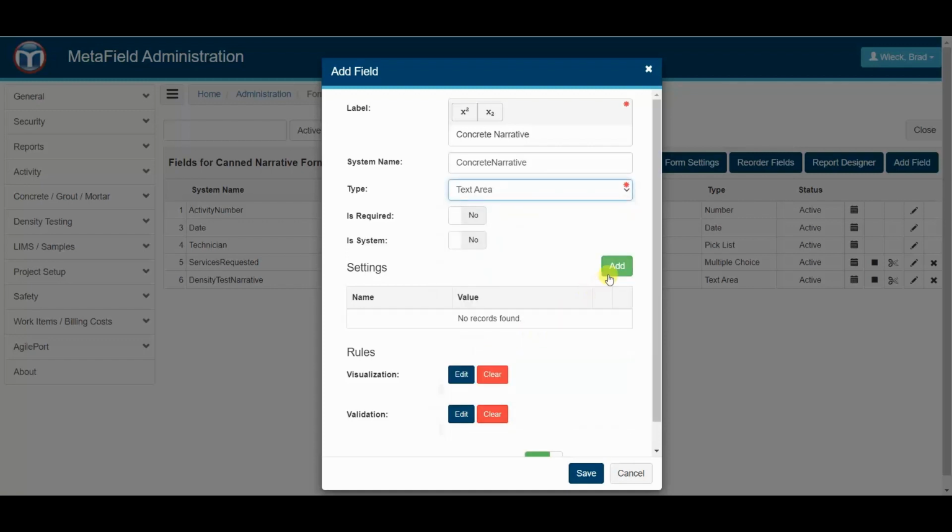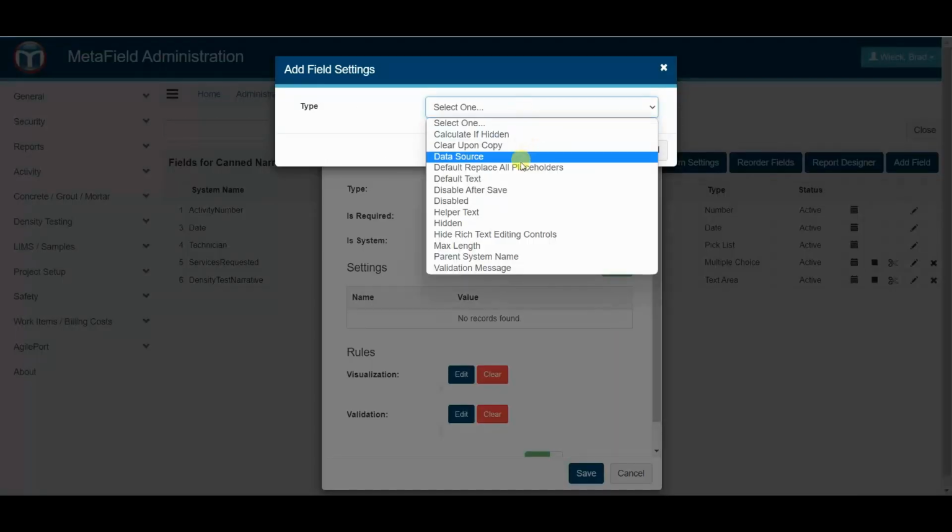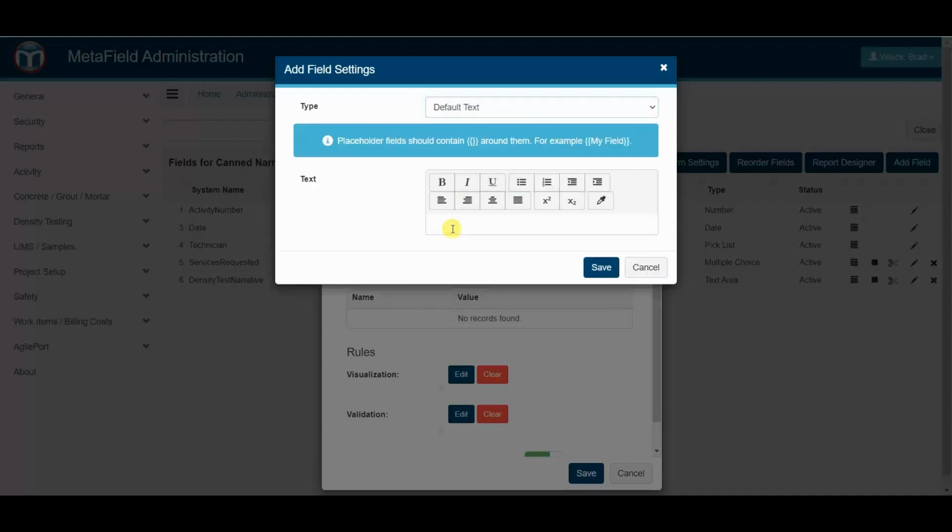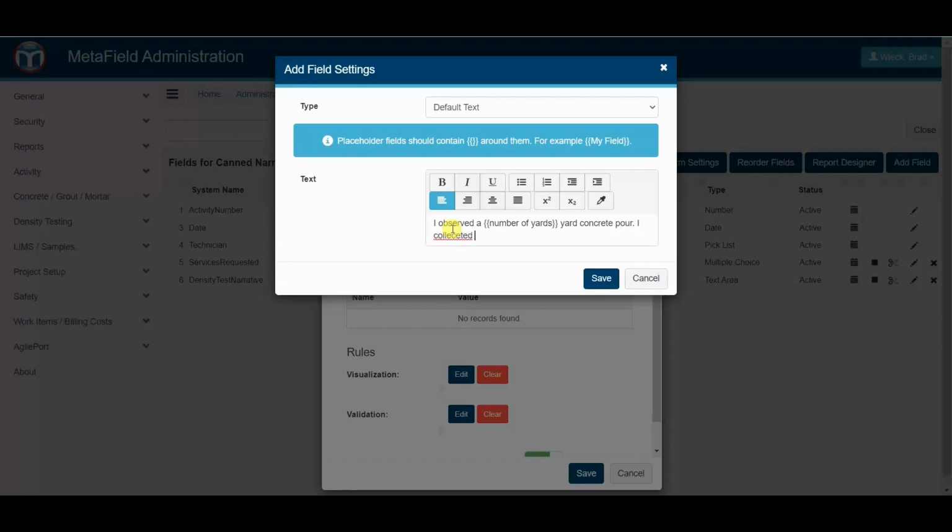Text area, settings, default text, and you can say, you know, I observed a number of yards, concrete pour. I collected, let's see here, I collected, let's do number of specimens,